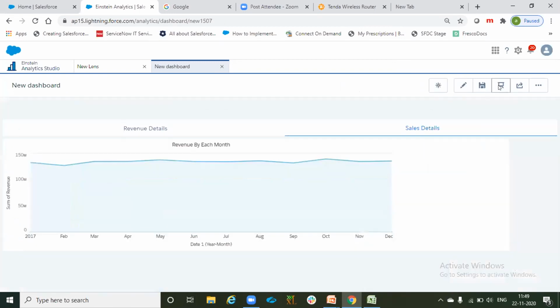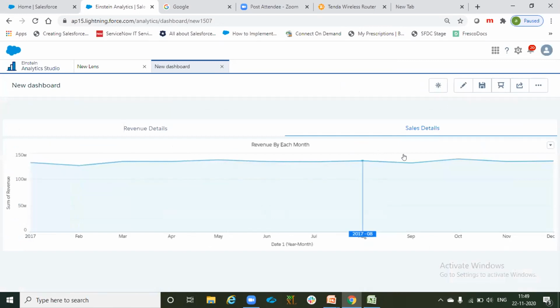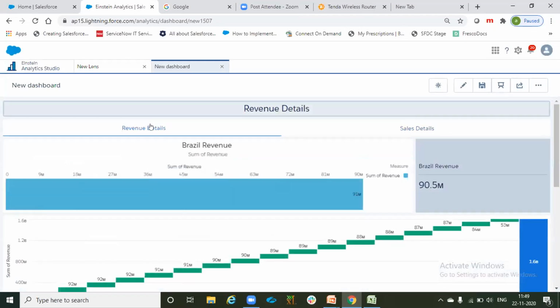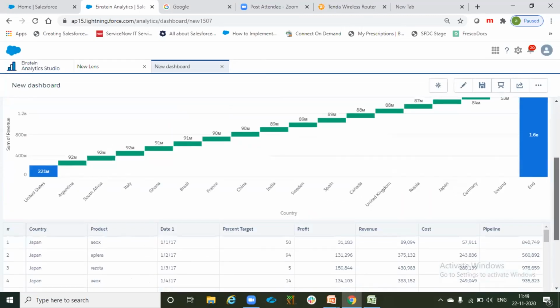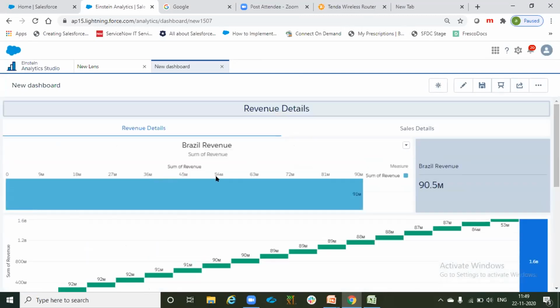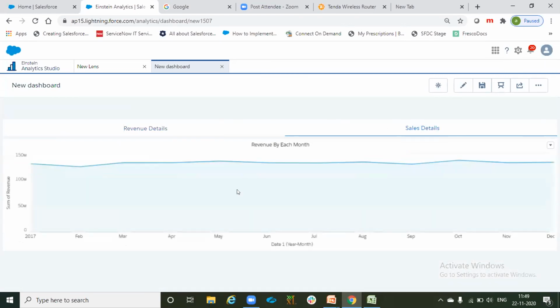Let's preview it. When I just want to show the KPIs or data related to sales, I can click on this tab. If I want to see my KPIs related to revenue, I will click on revenue and it will take me to this sheet. So all these KPIs are related to revenue and this KPI is related to sales.